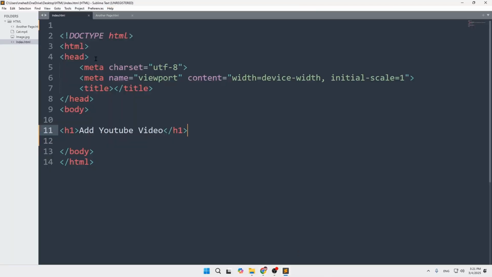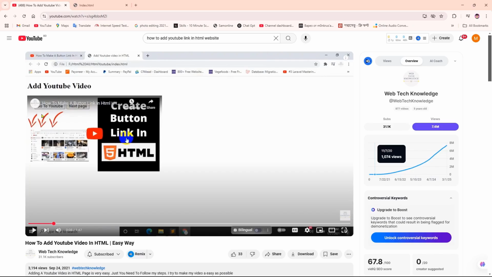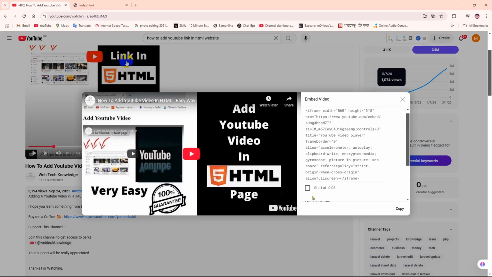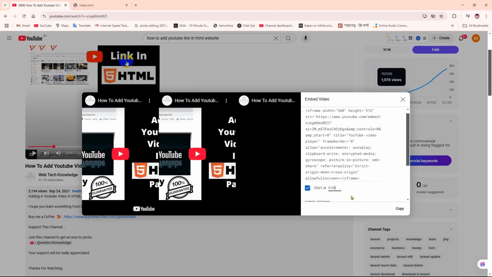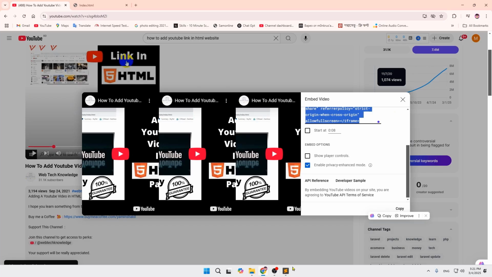First, you have to open your Sublime Text, and then you can simply come over here. Then, for the video you want to add, you just need to open the video, come over to the share option, and click on the embed option. After clicking on this, you need to set start at to 0, and then you can use show player controls, or you can click on enable privacy enhanced mode. After that you can simply copy it, and then paste it into this,